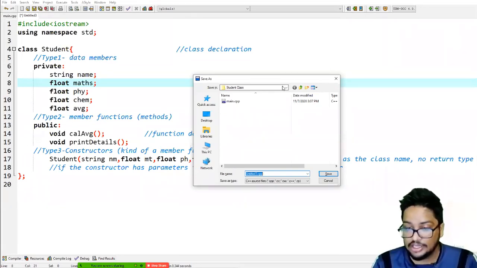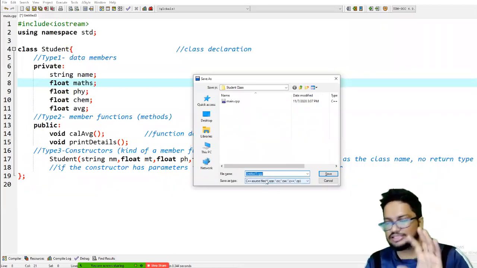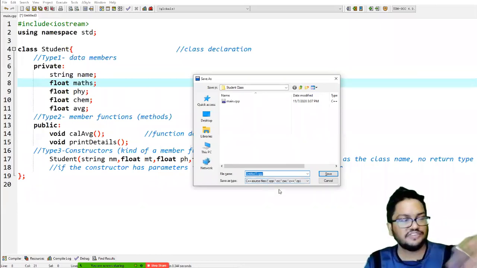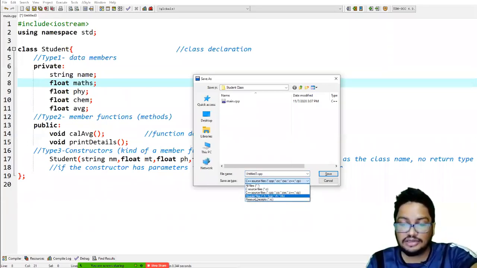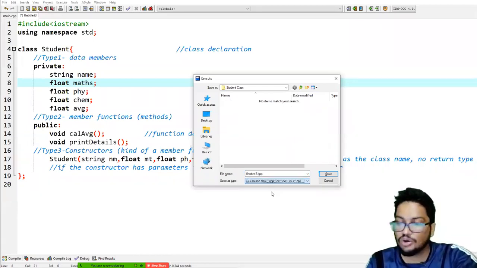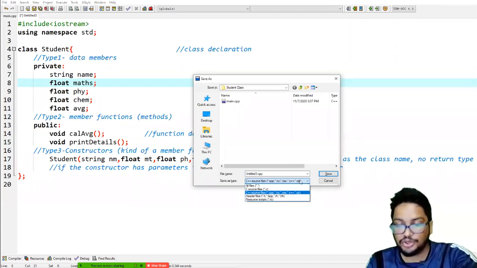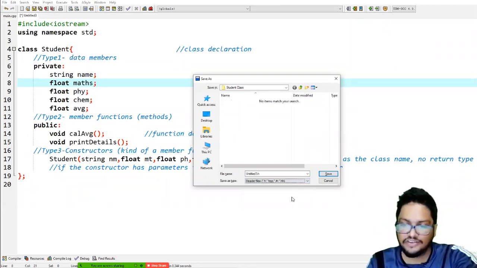Now I'm talking about the class declaration file. Make sure that you save the file type as header files. The default one will be CPP, but you have to manually change this to header files.